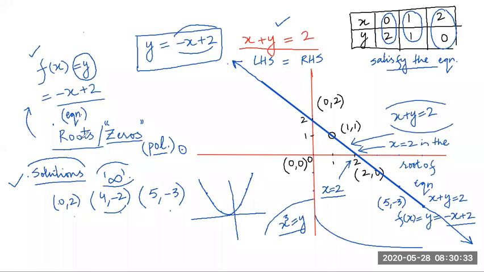Now students, let us see what the zeros of a polynomial are. This is a polynomial, minus x plus 2. Students, what is the zero of this polynomial? It is the value of x for which this polynomial value will become 0. Am I right? And that is x is equal to 2. If I put x is equal to 2, it becomes minus 2 plus 2, 0. Y or f of x becomes 0.